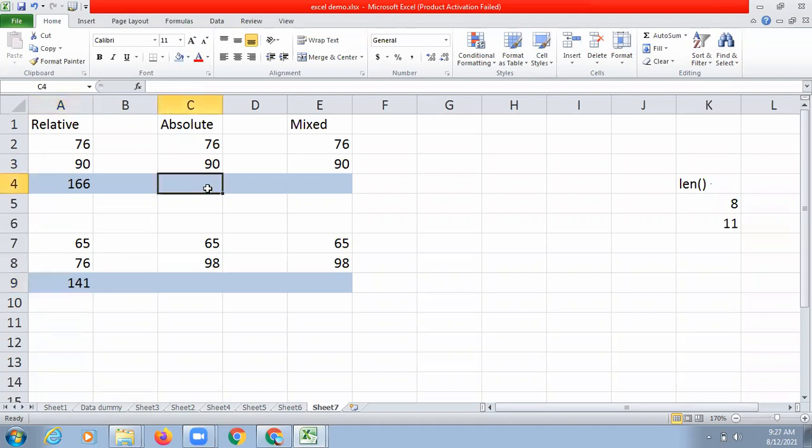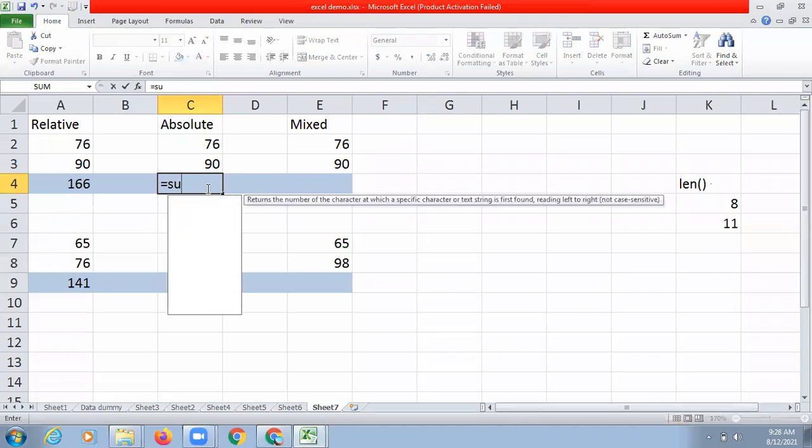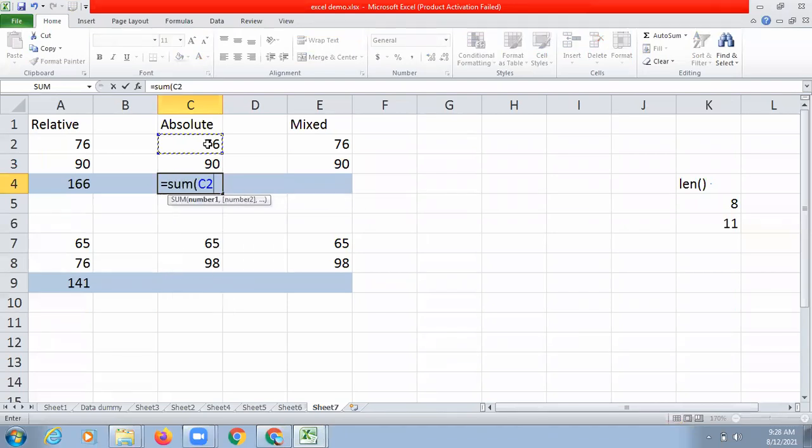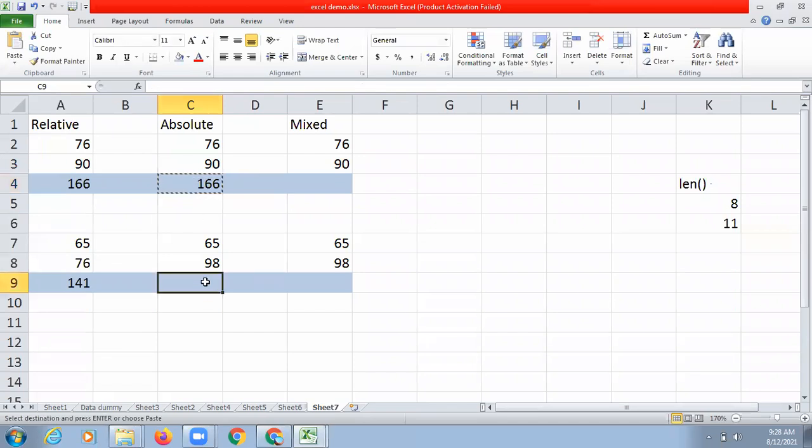Now what is absolute referencing? Absolute referencing means this time the formula will not change according to the destination cell. Now how will we write the formula then? We will write the formula in the same way, but this time we will put a dollar sign in front of the column also and in front of the row also. Dollar sign means you want to fix the column and you want to fix the row. So I will copy this formula from here and paste it over here.